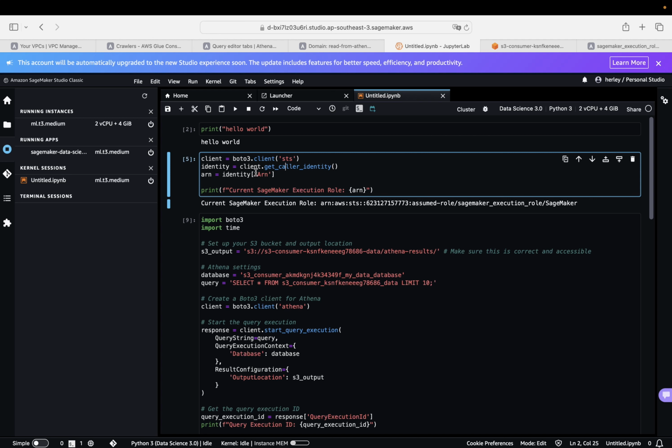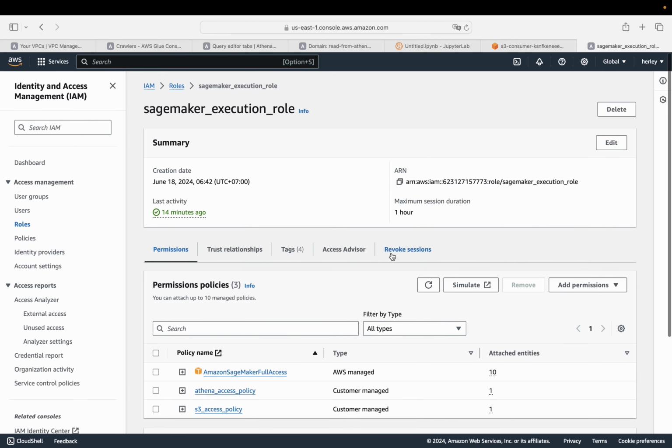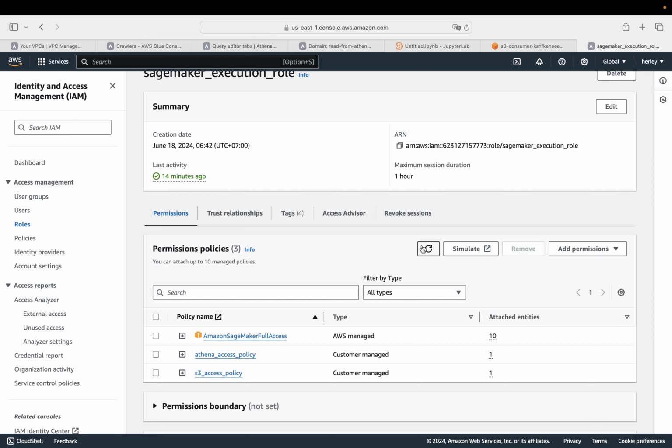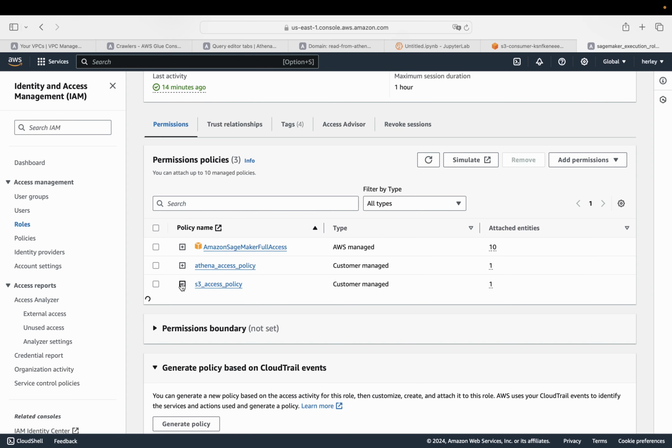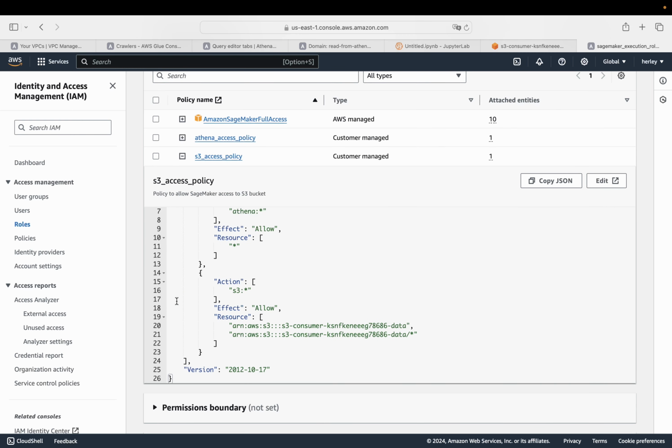And then I need to know what the current SageMaker execution role being used by SageMaker right now is. This is important, I think, because if something goes wrong, such as lack of permission or access denied, you can just copy this role and paste it in the IAM roles management console. If I refresh this, we can see that this is indeed the S3 access policy that we wrote before in the Terraform.